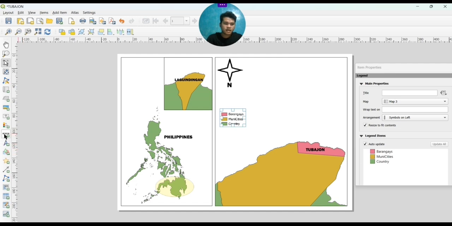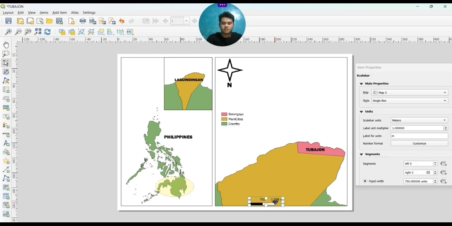Next we have the add scale bar. So the add scale bar, I just want to add it. Some features of the GIS. So it has a lot of functions. So it will serve as some information for the map where you located it.